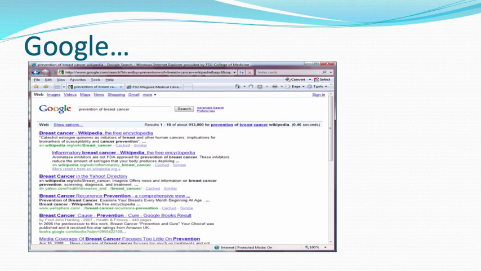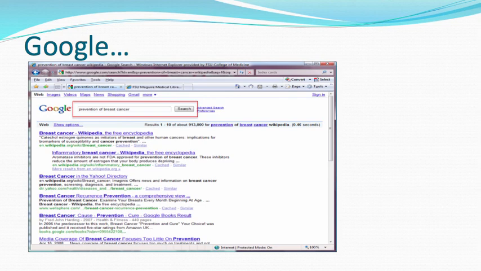Unless I'm not even going to get into it. But it should really never be an early reference for you. As an example here, I typed in prevention of breast cancer because say you wanted to know something about prevention of breast cancer. Well, what you'll end up pulling up is